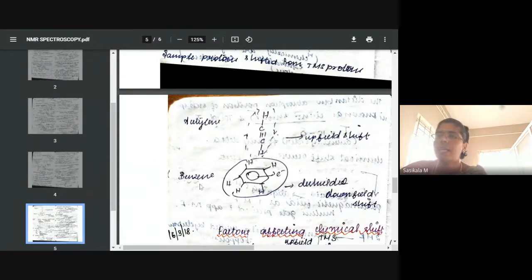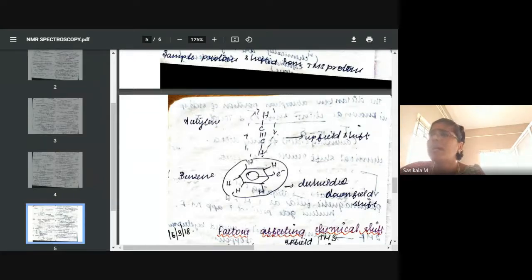Now, let's consider an aromatic compound, that is benzene. Here you can write the stereochemical formula of benzene. You can find the protons are here, where pi electrons are present. Which electrons will be creating the diamagnetic field? Pi electrons, not sigma electrons. Here the pi bond is located around carbon. Okay, and these pi electrons are the only ones creating the diamagnetic field. When it is creating the diamagnetic field, protons fall inside it, whereas in ethylene protons fall outside the diamagnetic field.